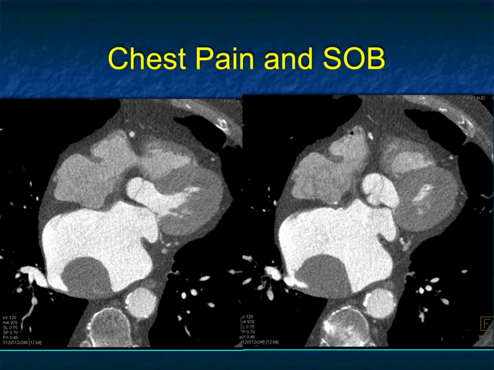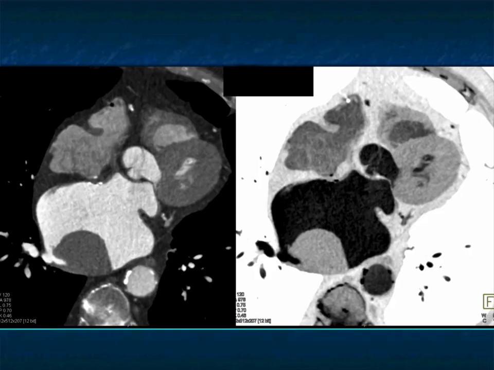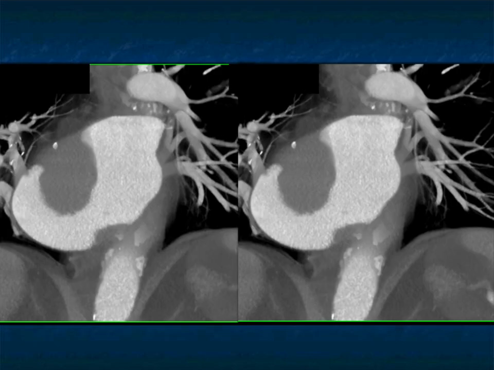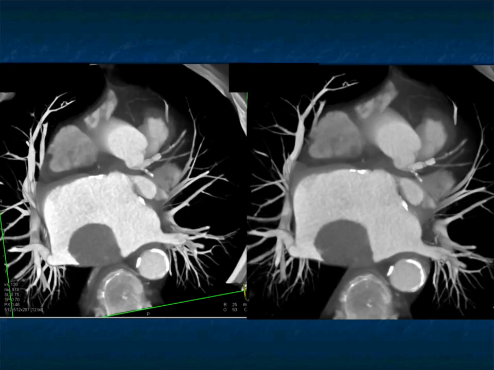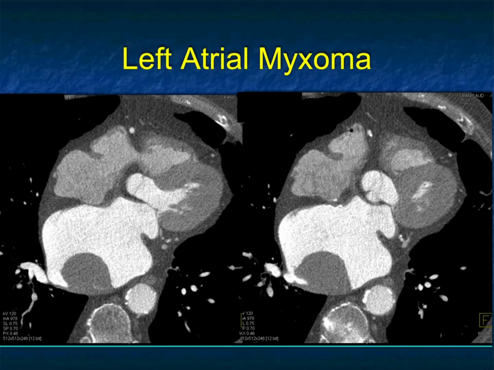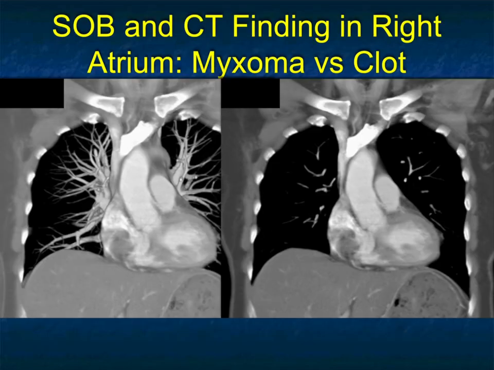What about this one? Large lobulated mass posteriorly. Maybe it has some faint calcifications. I don't see anything else. Here it is nicely on the black blood technique, inverted, showing the broad base, the lobulations. Just a really nice example. Maybe a touch of faint calcification. Here it is again on the volume rendered views. And this also is a left atrial myxoma. So you can really see that myxomas do have a certain pattern of appearance, location, lobulations, density that should help